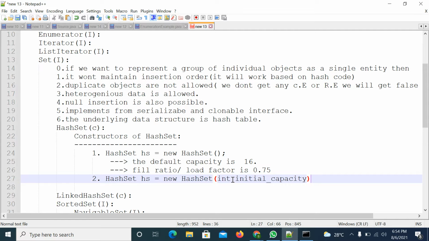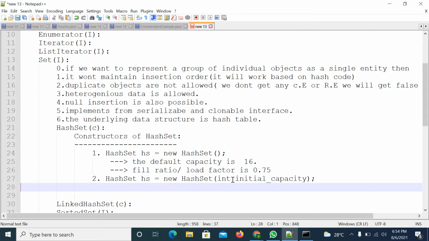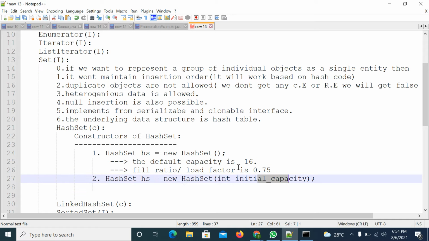Instead of 16, it will create with the provided initial capacity. Once the initial capacity is reached, it will go with 0.75 as the load factor.